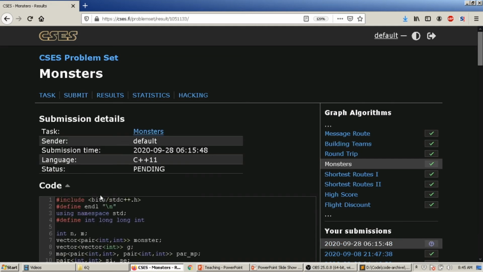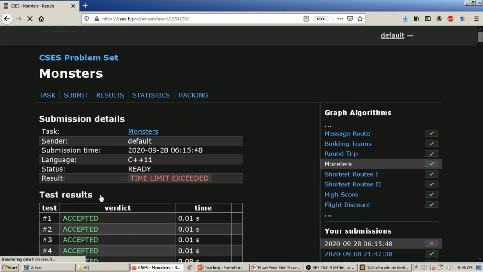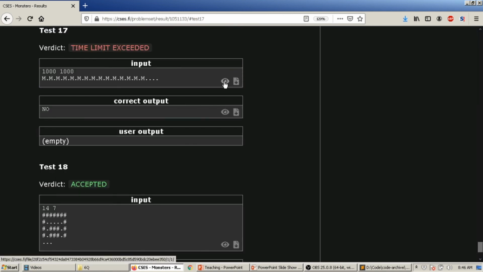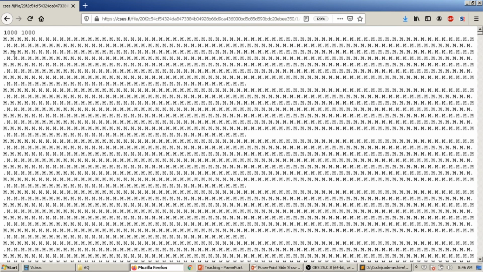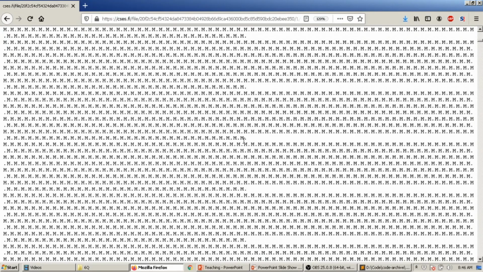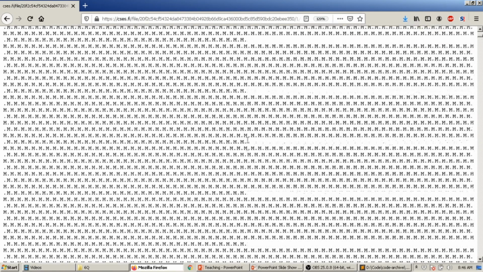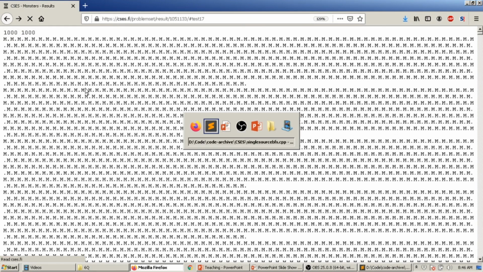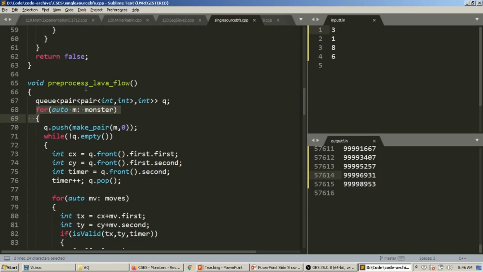You will get a time limit exceeded. I have already recorded this video once before; I'm re-recording due to poor audio. So yes, time limit exceeded. And see why the time limit is exceeding. Look at the test case. Look at how all the monsters are scattered across the graph. So we are doing a number of rewrites. The first monster is trying to reach all the way up till, let us say, this location. It is making all those nasty calculations, and the second monster is overwriting it, the third monster is overwriting it, and so on and so forth. Total monkey business.